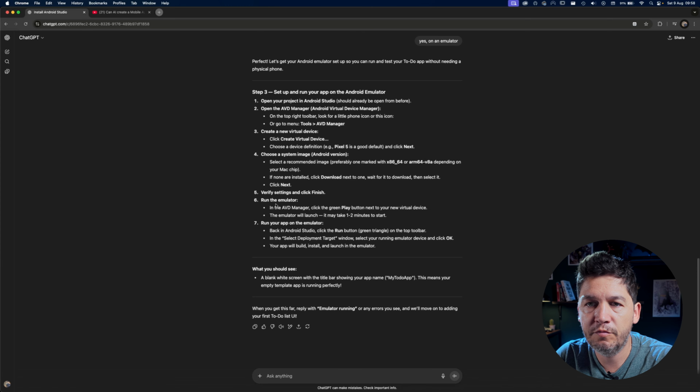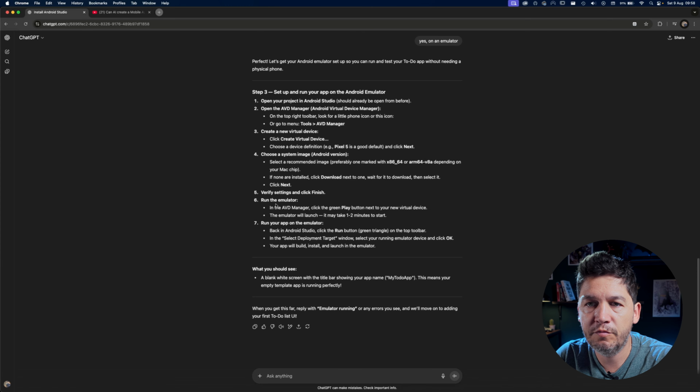I'm very curious if GPT-5, the paid version, will go with the newer approach, a more up-to-date approach than these XML files. But yeah, so I should go into res layout, activity main in the left panel,